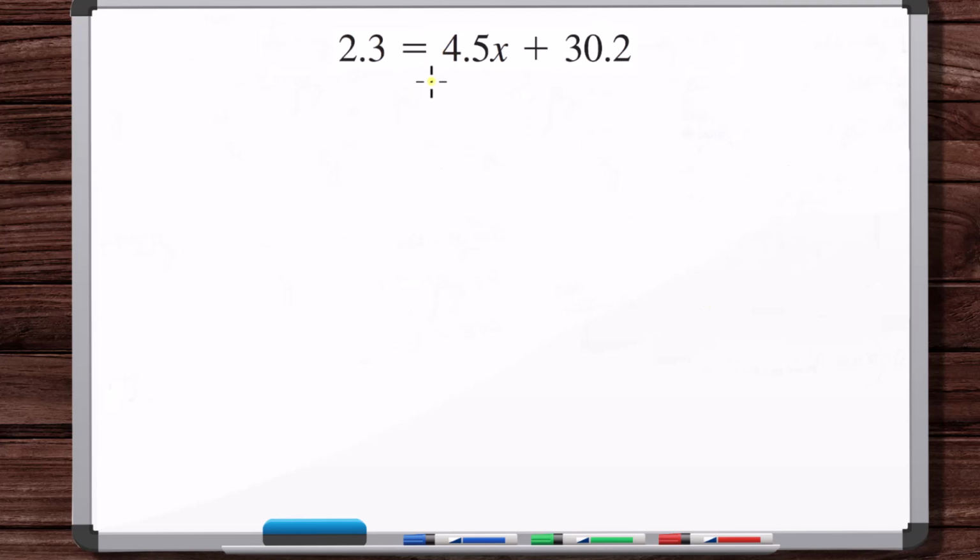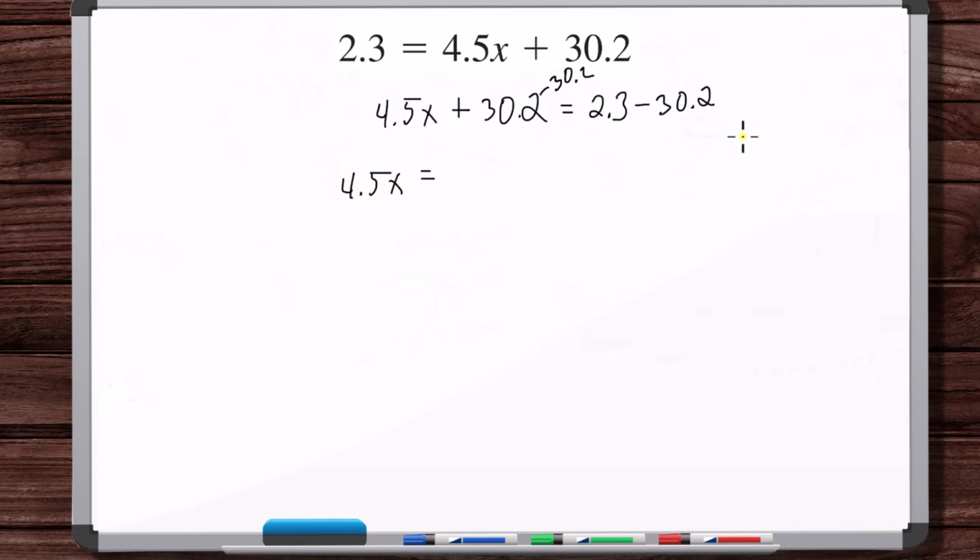Okay, so let's see. We can go ahead and flip this to get the variable term on the left side. Okay, now let's subtract 30.2 from both sides. So we've got, let's see, 4.5x is equal to,